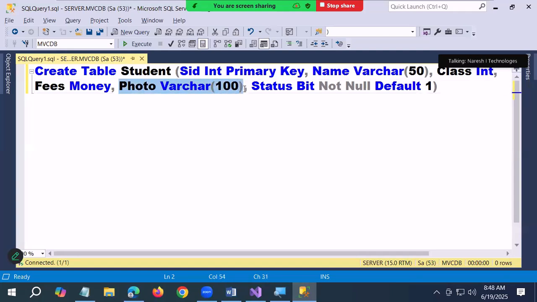I want to store the photograph of the student. Basically I'm using a varchar of 100 to store the path of the file. Next, remember this now? We should not delete the records. We need to maintain the status. So bit, default value 1. By default, every record is active. You can make it inactive. Okay, now